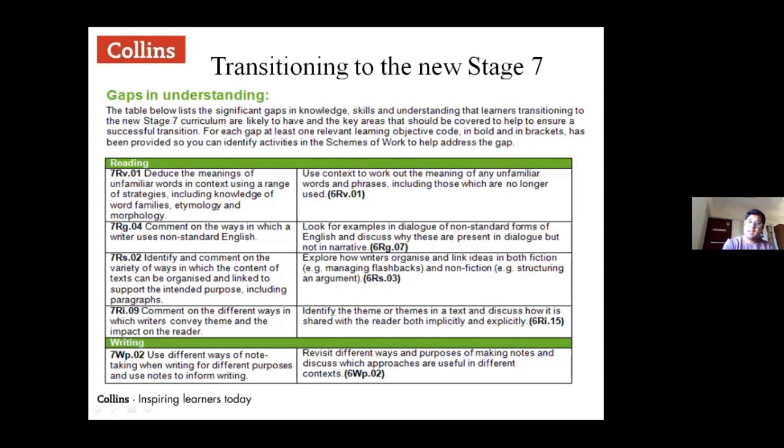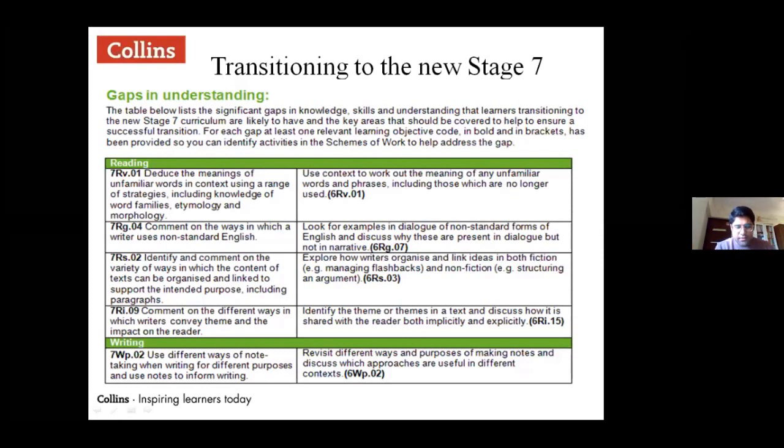Because in a narrative, the writer cannot write non-standard English, because that's not the right platform, and that is not supposed to be used. We are supposed to be using standard English and not colloquial language. And that's why only in dialogues, when characters are engaging in a dialogue or exchanging words in direct quotes, we can use non-standard English. Okay, because that shows also the viewpoints of the character. That shows a lot about the character as well. So those are some of the factors or parameters that we can use to evaluate the character eventually.